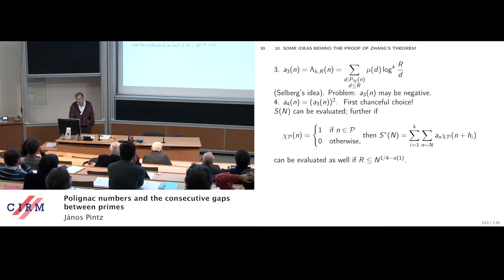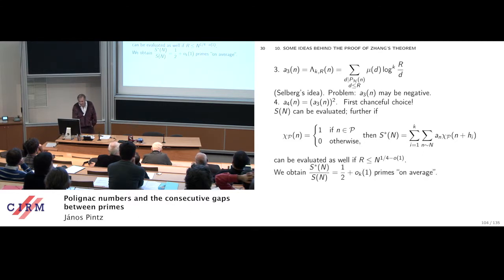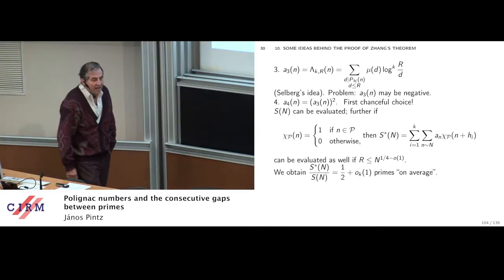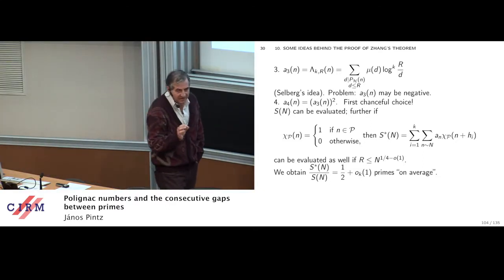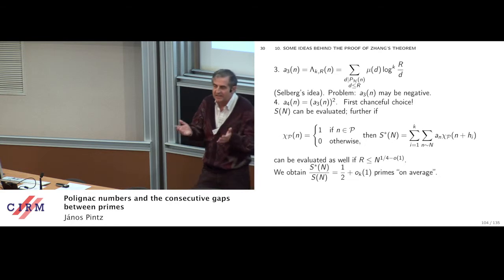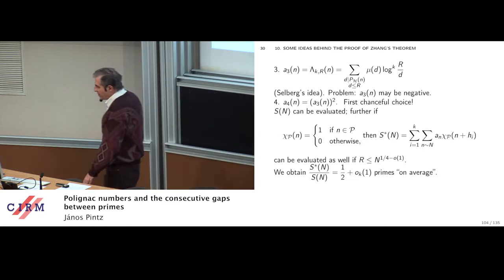And this was the first choice, and if I evaluate how many primes we get on average in such a k-tuple, then the answer is that this can be really evaluated as long as the parameter r is below n to 1/4. And if I evaluate it, we get on average 1/2 primes, which is not too much. So with this, we can't gain too much. Now the next